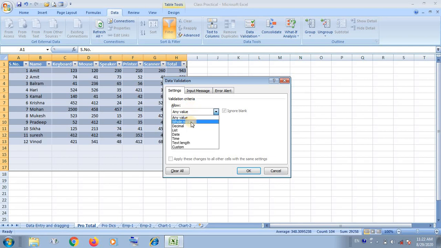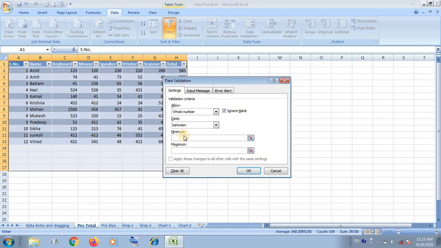Suppose I want to allow only numbers in the selected list. If anyone wants to add anything in this area, it will first alert the user to enter only a whole number, not any fractional number. I have given a maximum and minimum range that the user is bound to enter.